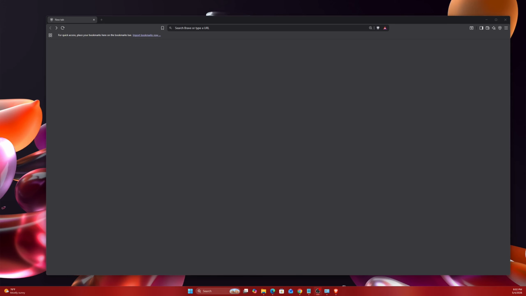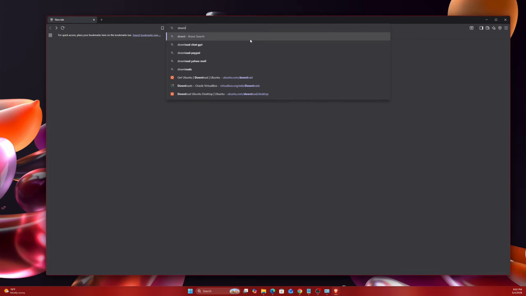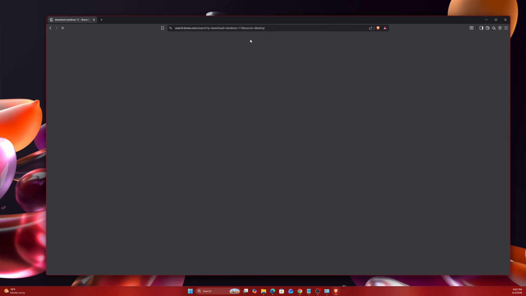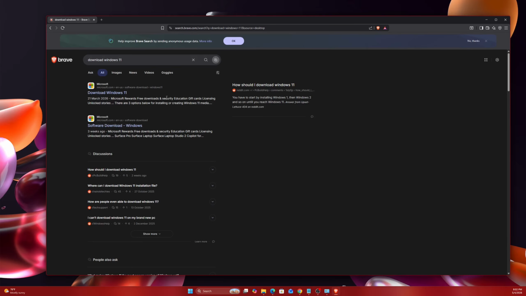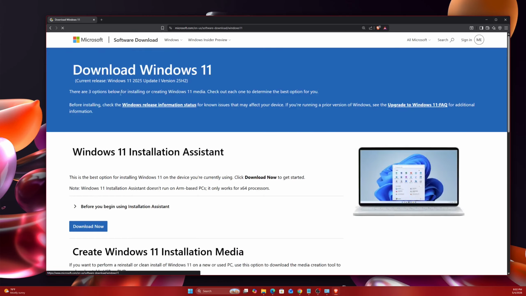To begin, you will need to go to Microsoft's official download page and grab the latest Windows 11 ISO. So you go ahead and open your favorite web browser. For this demonstration, I'm using Brave. So you can go ahead and type download Windows 11, and please make sure that you grab the file directly from the Microsoft website, not from some other shady